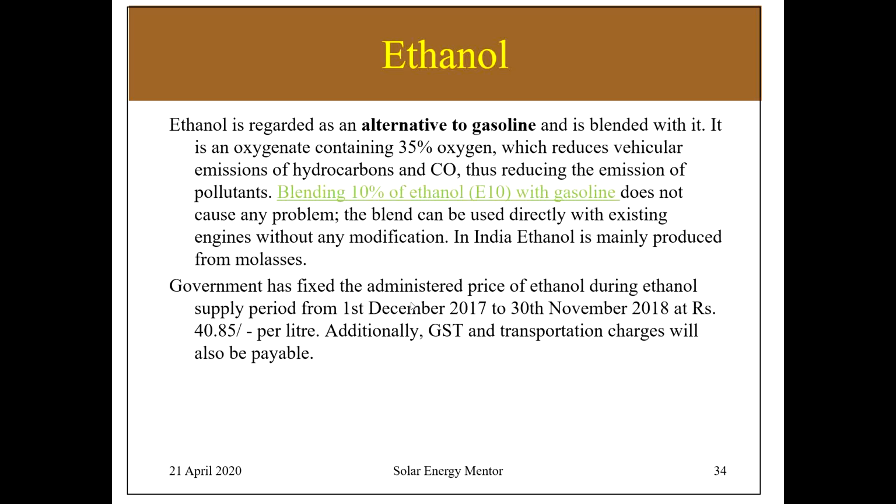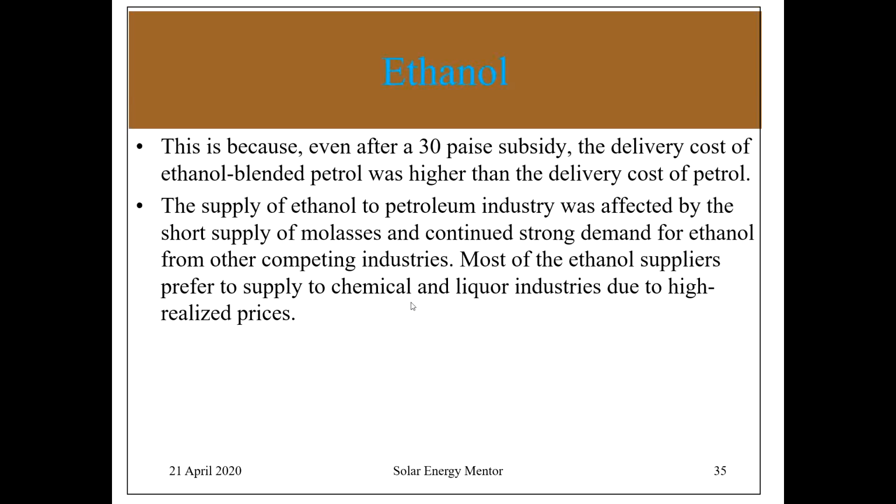Government has encouraged ethanol production and ethanol entry into the transportation fuel. Government has fixed the administered price of ethanol during the ethanol supply period from 1st December 2017 at rupees 40.85. It's a very good price offered by the government per liter of ethanol. In spite of this good offer, the ethanol program is not taking up because the supply of ethanol to the petroleum industry was affected by the